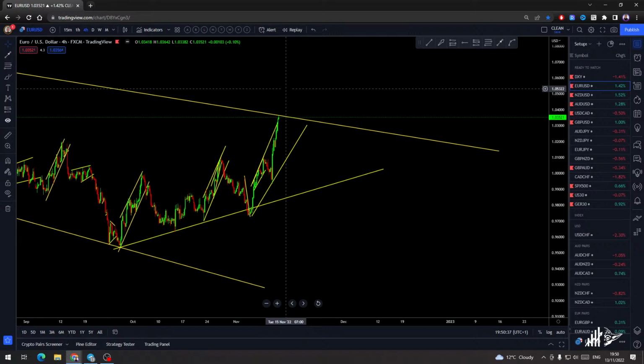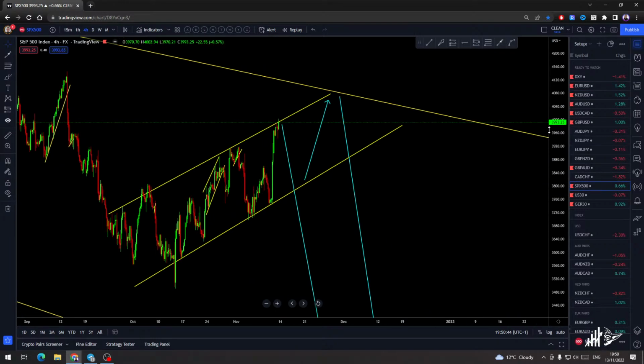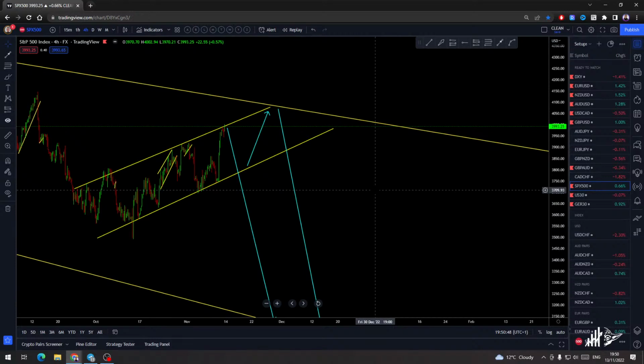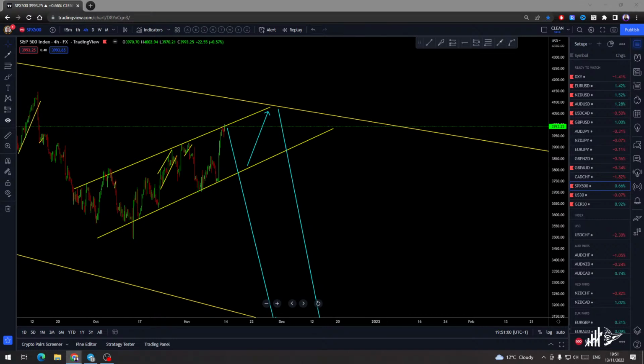For example, indexes, crypto, stocks, indices. You'll see me there analyzing the SP 500 as well. So I just filter out what I will trade, what I'm interested to trade. I'm not trading everything because it's too much. It will take too much focus, and after all you will be confused. So make this list of what you're trading very short.